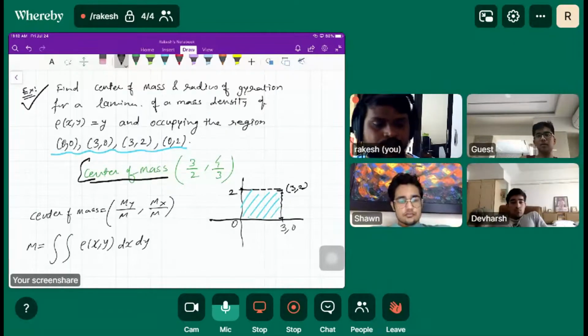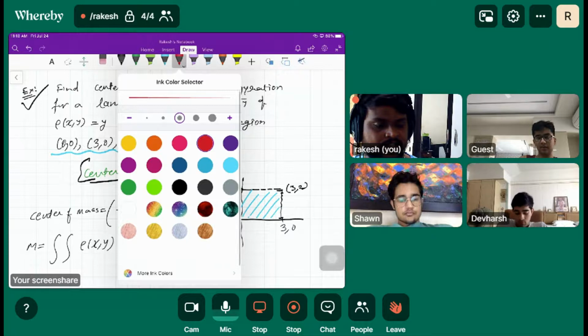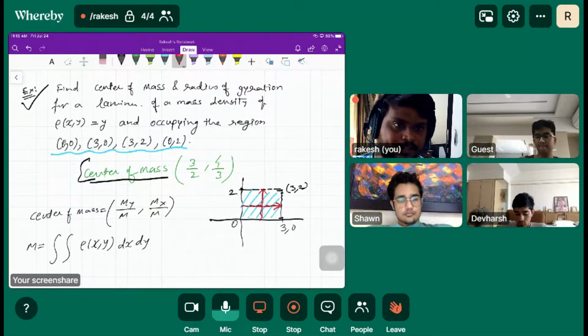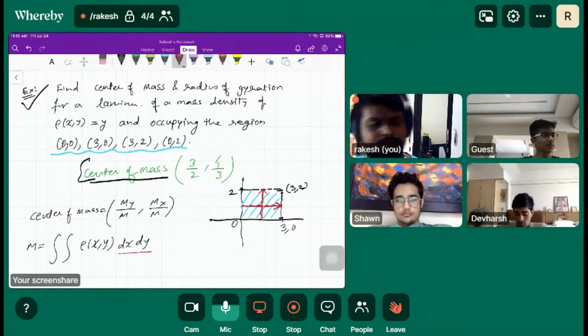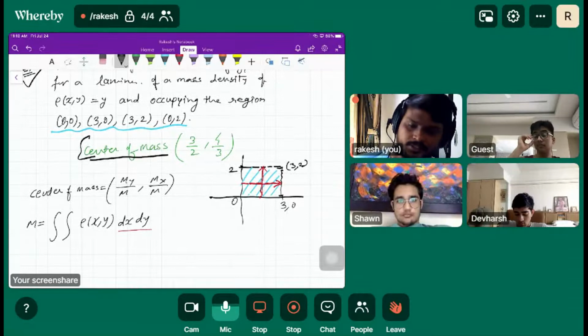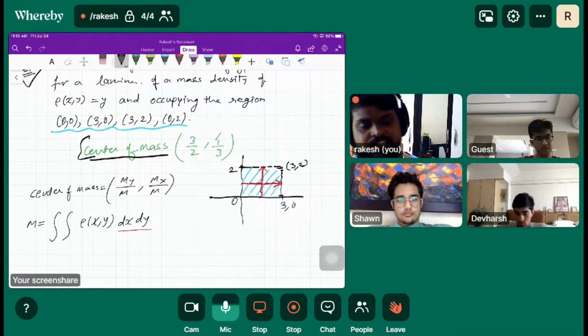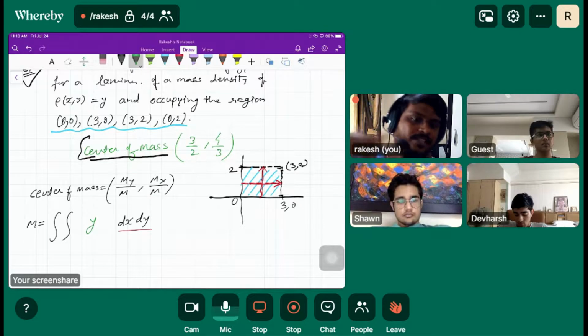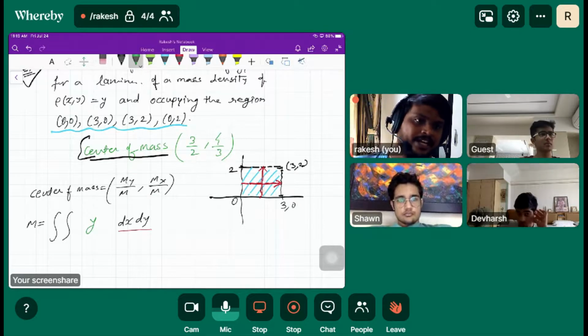Because if we select the x direction first, we are not switching the function and it covers the entire region. If you go along the y direction first, that also behaves similarly. So we can take any order, provided the question is easier to handle. The mass density function is y here in this case. So if we take dx dy, we'll do the integration part later. That is our idea, right?